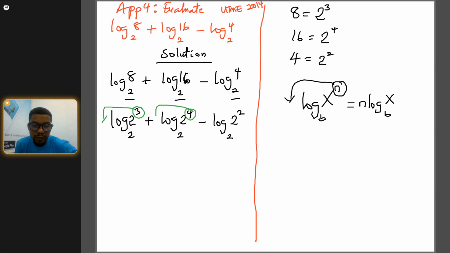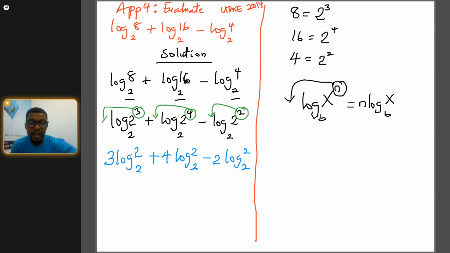4 also comes to the back of log, and these 2 also comes to the back of what? Log. So we are going to have 3 log 2 base 2 plus, if 4 comes to the back of log, we have 4 log 2 base 2 minus, if 2 comes to the back of log, we have 2 log 2 base 2. All right. So following another rule of logarithm, log y base y equals 1, log 10 base 10 equals 1. Which implies that